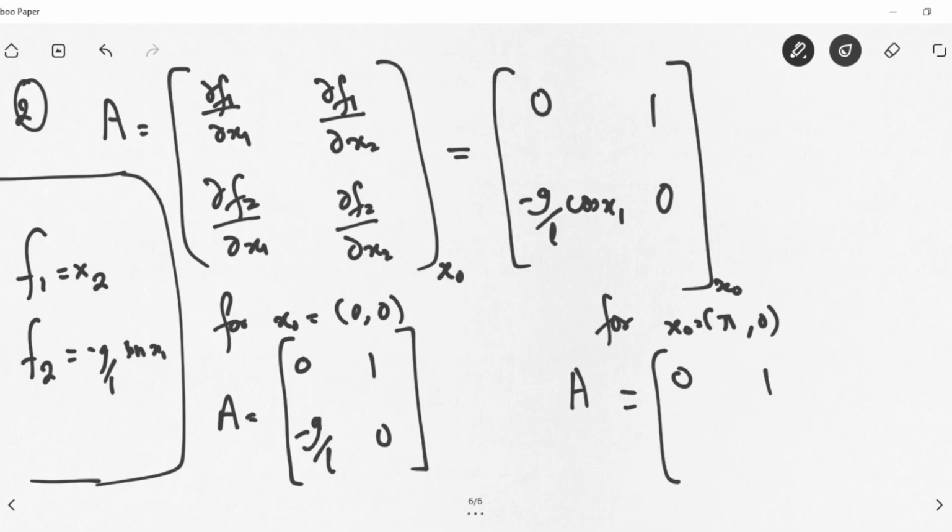Cos of pi is minus 1, so this becomes plus g by L. Fine. So these are our A matrices,